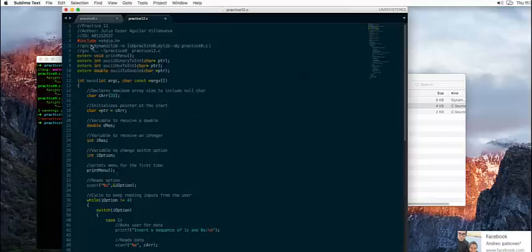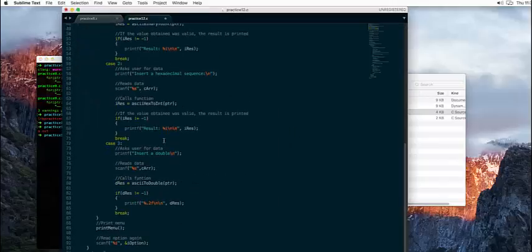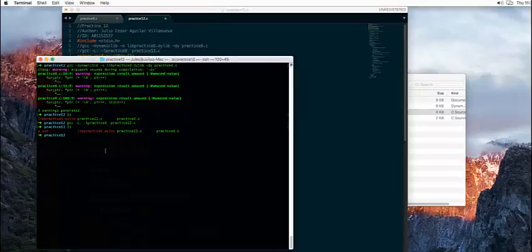What we need to do next is give the path of the dynamic library. Since we're in the same directory, we just put a dot, then -l practice8, and the file that will be implementing the library. Now, as you can see, this produces an executable. This executable is the one that implements the main function from Practice12, or you could call it the program itself. Now we execute it,